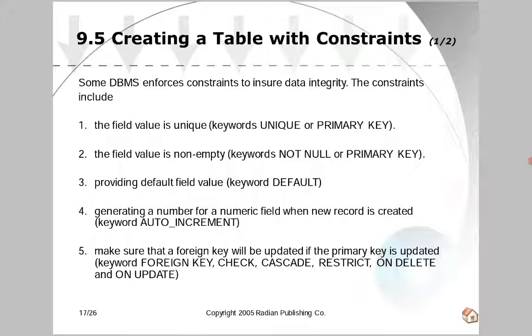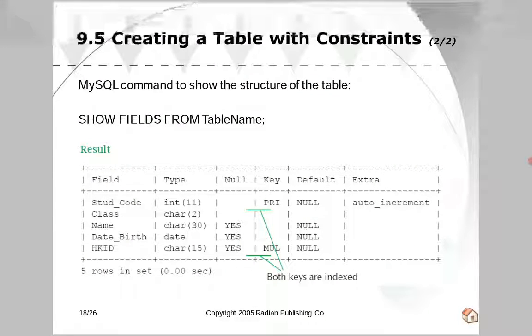The next one is check and default. Default means assigning some values to a field or column. The default constraint is generally used to assign some default values to some fields or columns. Check is another constraint. The check constraint is generally used to check or validate some condition while entering records. So, creating a table with constraints.